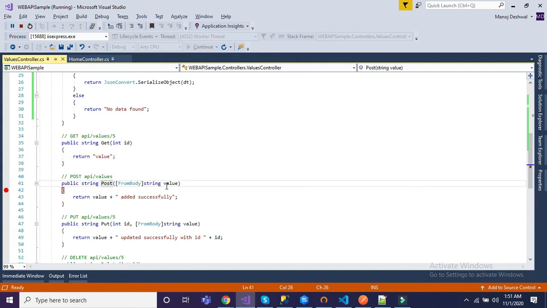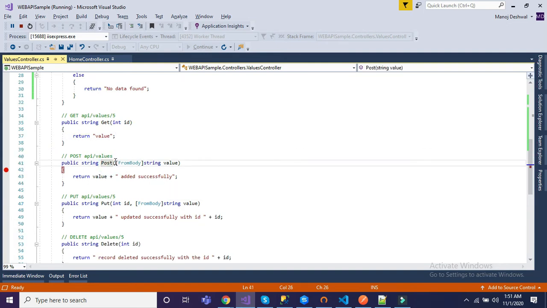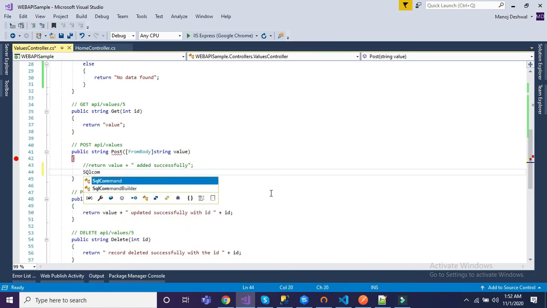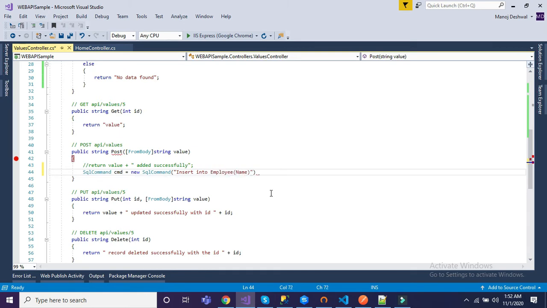So now comes to post method. All right. So post is expecting a value as a parameter. Let me stop this and change the code. Now SQL command cmd is equal to new SQL command and insert into employee the field name and then values, comma connection object.